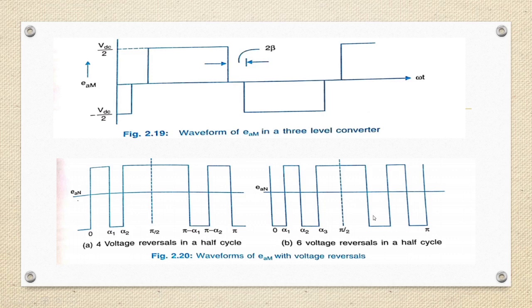Voltage reversals will be effected at chosen instants such that the notches are placed symmetrically about the centre line of each half cycle. If there are P switchings in a quarter cycle, the RMS value of the nth harmonic will be given by E equal to ±1/√2 × 4/π × VDC/2 × [∫ from 0 to α1 of sin nθ dθ − ∫ from α1 to α2 of sin nθ dθ and so on, ± ∫ from αP to π/2 of sin nθ dθ]. α1, α2, αP are the switching angles within each quarter cycle.